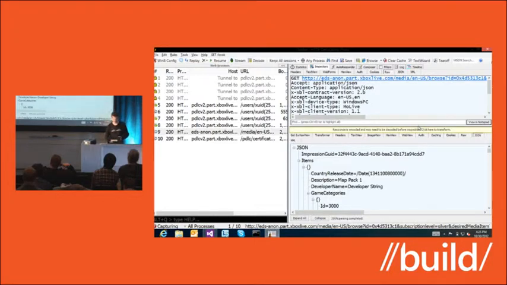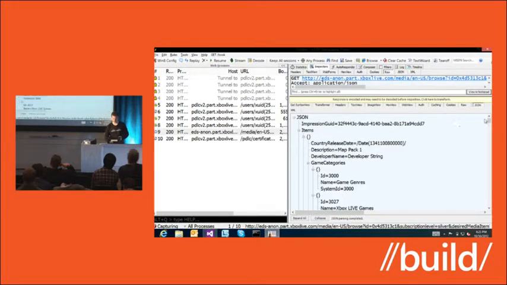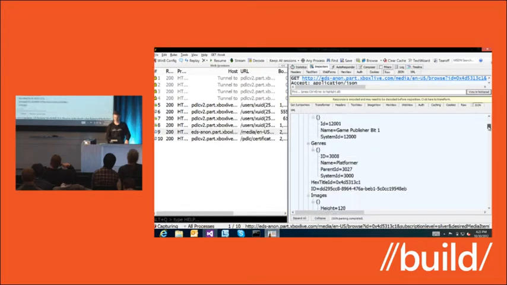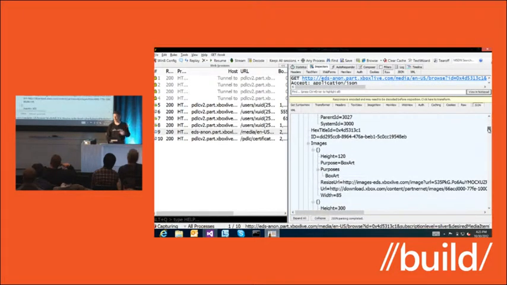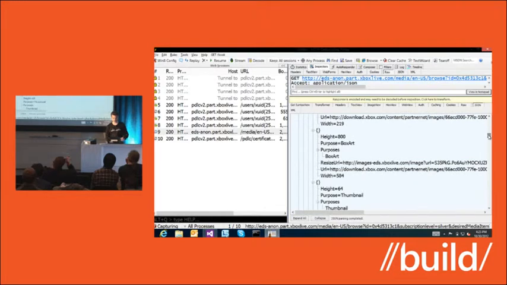Now this is another good example of why having a strongly typed API is very handy. This is the blob that comes back for the various DLC. So you can see it's got all the various information that you're going to need. It's got the artwork, pricing, descriptions. So again, nothing that needs to be hard-coded in your game. You're simply going to take this, render it in your own particular way, and provide it up. So all of this is just going to come back